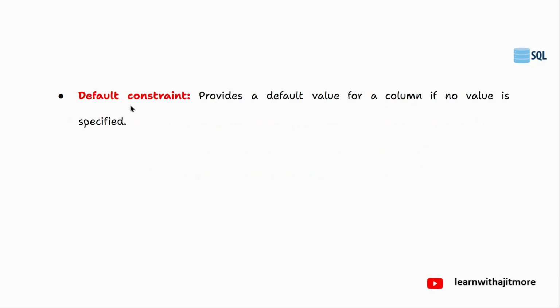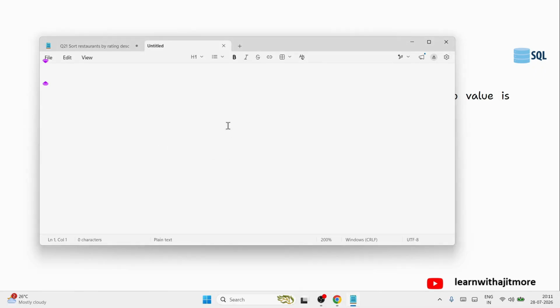Then we have default constraint. So you can give a default value to some column, and when you're inserting the record, at that time, if you don't give a value to that column, it will use which value? The default value. Okay, understanding? It provides a default value for a column if no value is specified. Example,